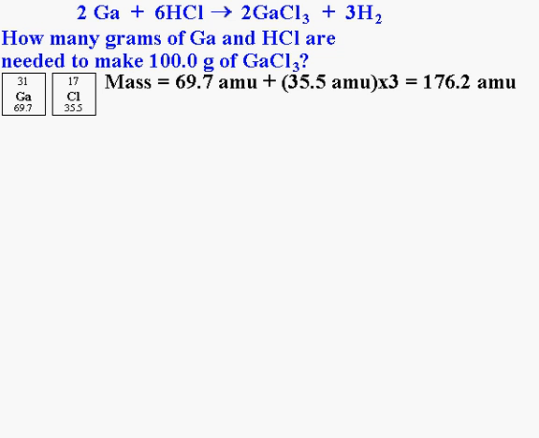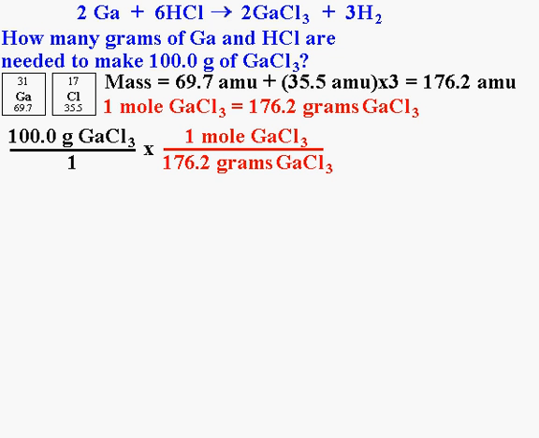That also tells us that it takes 176.2 grams of GaCl3 to make a mole. So that gives us a conversion relationship between moles and grams. 1 mole of GaCl3 is equal to 176.2 grams of GaCl3. Now that I have a conversion relationship, I can convert. I take the number I know, 100.0 grams of GaCl3, I put it over 1 to make it a fraction, and then I multiply by our conversion relationship. I need to put 176.2 grams of GaCl3 on the bottom so that that unit cancels, and that puts moles of GaCl3 on the top. So when I multiply these fractions out, I get